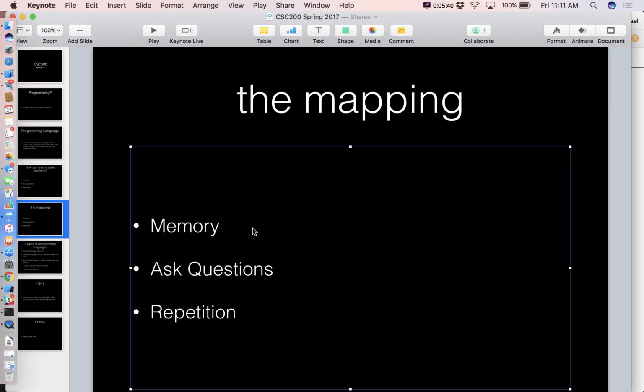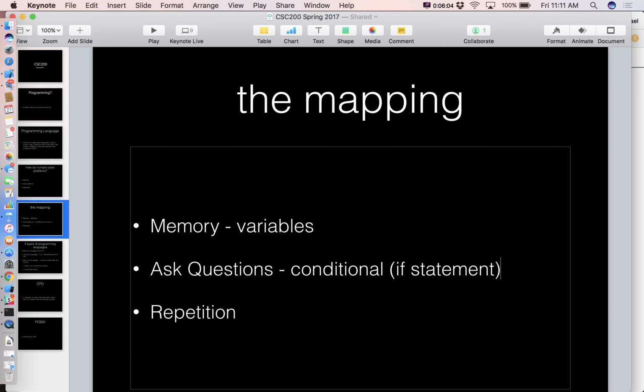100% of programming languages provide facilities for doing these three things. Every single programming language has a way of emulating memory. These are usually through something called variables. They have a way of asking questions. This is usually through something called a conditional, or more commonly, it's an if statement. And we'll talk about why it's if statements. And then we have a way of emulating repetition through loops and